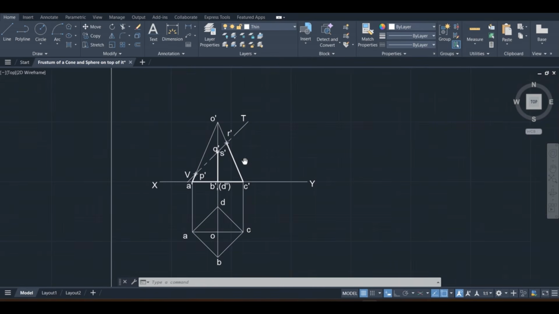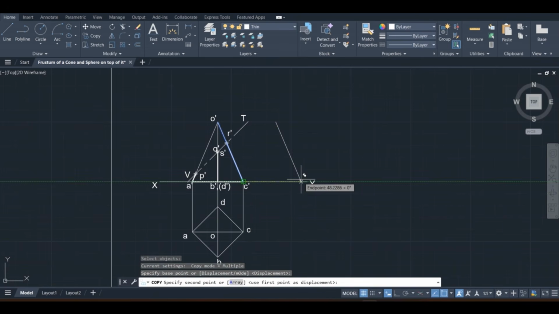Next, to draw the surface development, I'm copying this OC line, since it is a true length slant edge. Copy this, hold at this point. So place here. Now mark this point as O.